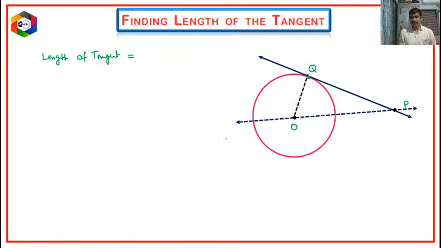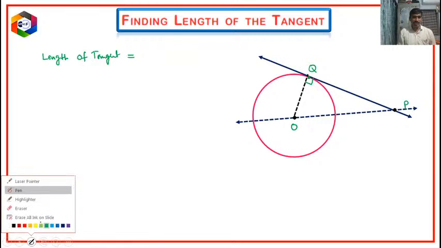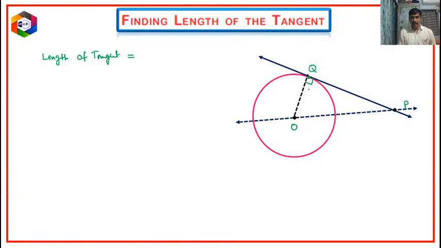Now we have discussed that radius always makes 90 degrees with the tangent. Observe that here radius always makes 90 degrees. This is okay ma. ఇక్కడ ఏమవుతుందంటే, let us observe that this distance is d and the radius of the circle is r. let us assume అంటే ఒక బాహ్య బిందువు